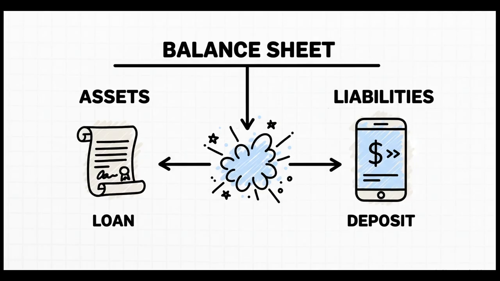So how does this magic trick actually work? Well, it's really just basic accounting. When you go get a mortgage for a house, the bank doesn't open a vault and pull out someone else's savings. Nope. It just types the loan amount into your bank account. In that single instant, the loan becomes an asset on the bank's books, and the new deposit in your account, your new money, becomes a liability for them. And poof, just like that, new money exists that did not exist a moment before.